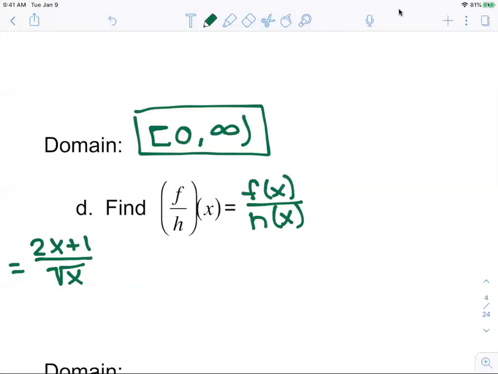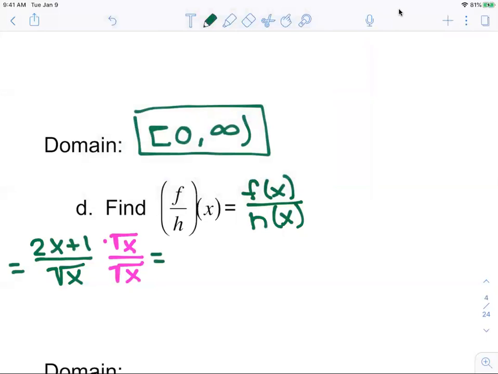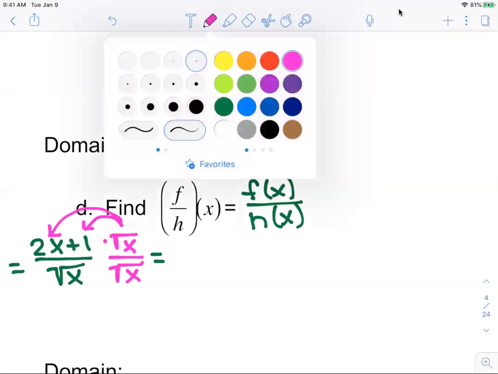The rules that you guys have been learning since Algebra 1 always apply here. So you can't have a square root in the denominator. So we have to go ahead and multiply by square root x over square root x. That's to rationalize it. And because we have to distribute that square root x to both terms in the numerator, we're going to end up with